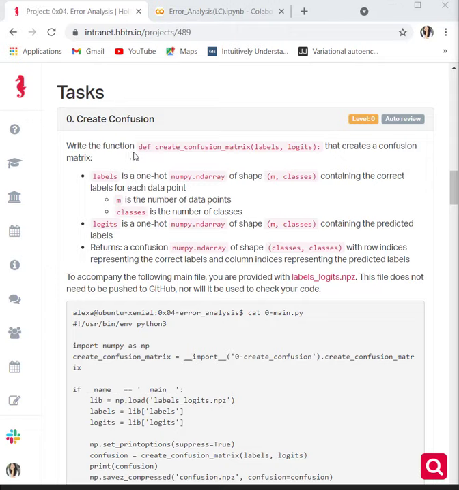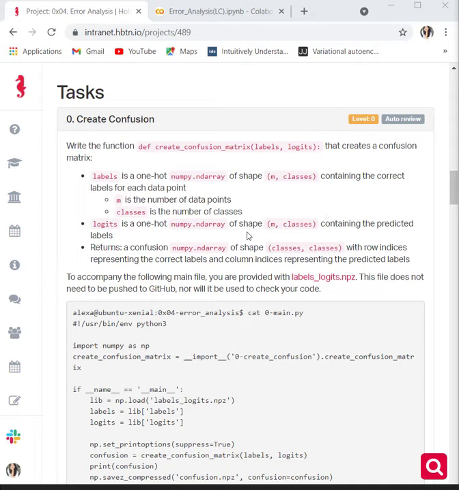Okay, so we are going to write a function that will create a confusion matrix. So we have the labels, which is a one hot array with shape m, the number of data points, and classes, the number of classes. Okay, and then we have the logits, which is also a one hot NumPy array with shape m and classes.